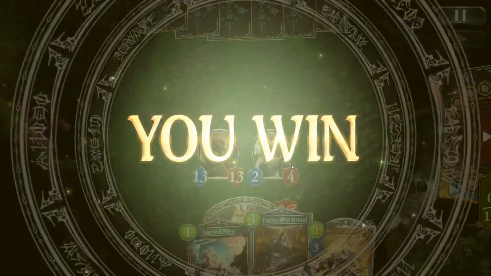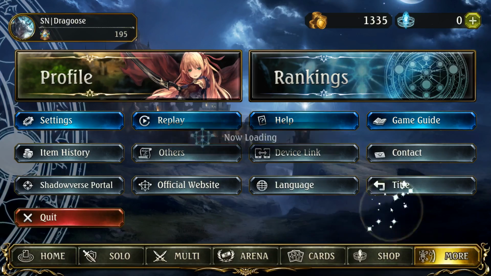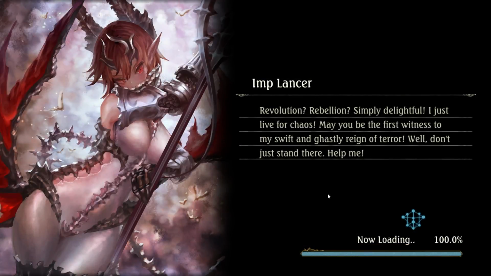Unfortunately, I didn't get to use my main win con, but that kind of combination really works well, being able to drop Bahamut and keep it on board. So now, the other matchup, Shadow. And then we just have a fun one against Rune last, so...